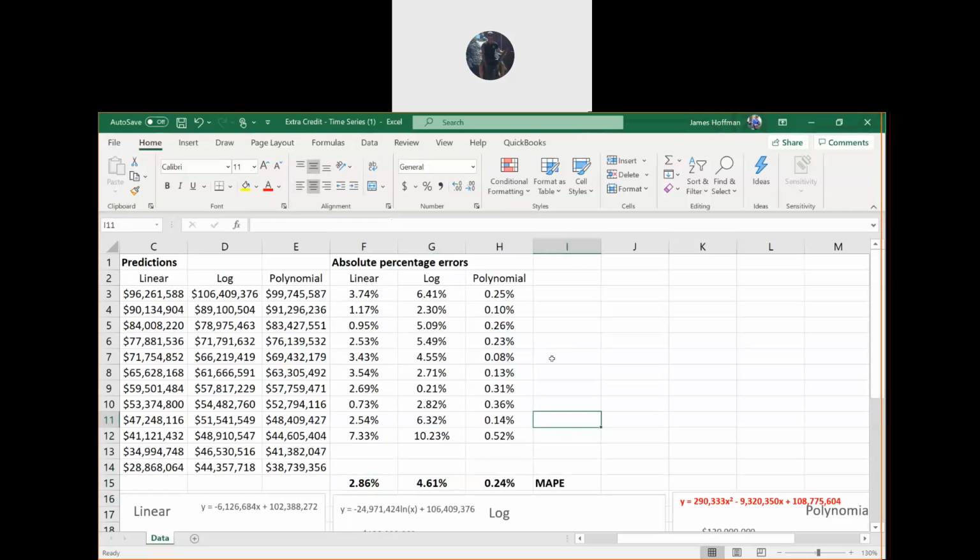And then what we're doing here is just comparing to see which one is the lowest, and clearly this one was about 3% off. This one was about 5% off, and this one was very close, less than about 0.24% off. So the lowest MAPE, comparing the three, would be the polynomial.